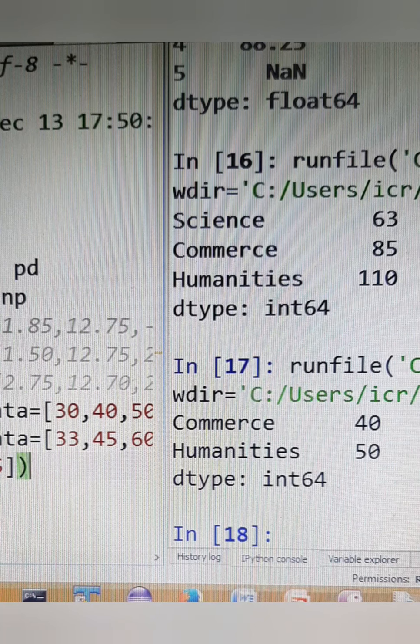Then comes sorting series values. In order to sort the values, you can use a function series sort_values. In sort_values, ascending is by default true. If you do not give anything, then it will be by default true. So let's see our program. Automatically it has been in sorted order, but if I want to sort it,